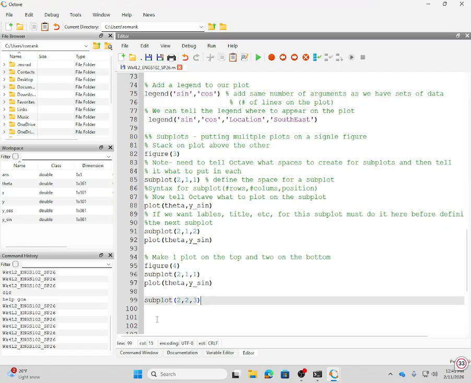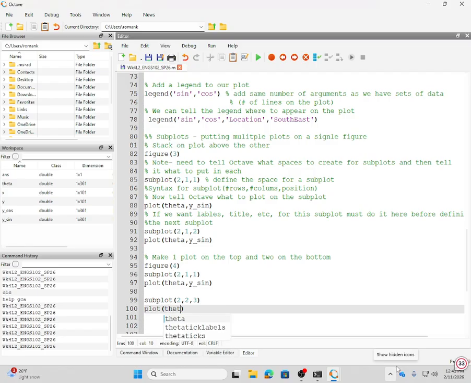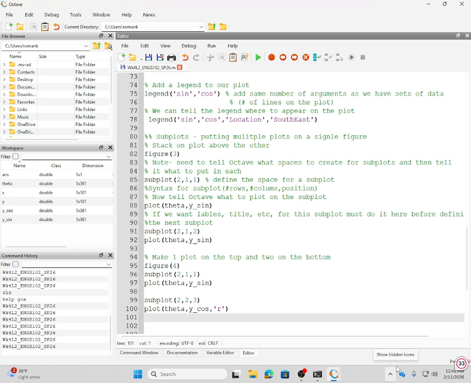Okay. Let me finish what I was saying. So obviously I'm going to do this 2, 2, 3, and then I'm going to type simply the plot again. Then plot theta, y cos, okay, and I'm changing the color to red. You do know already what red means, okay? On that plot, on this one,